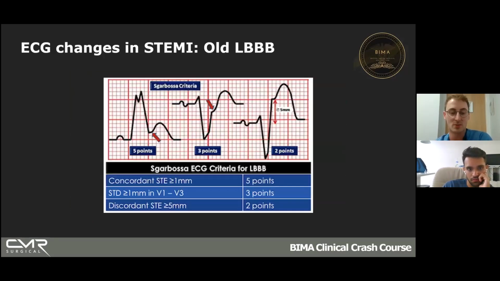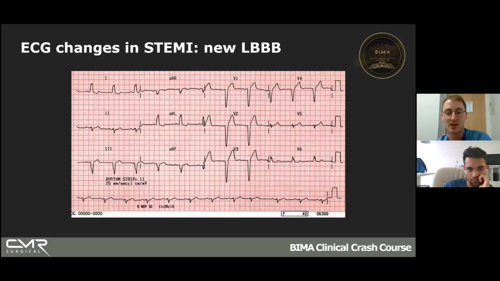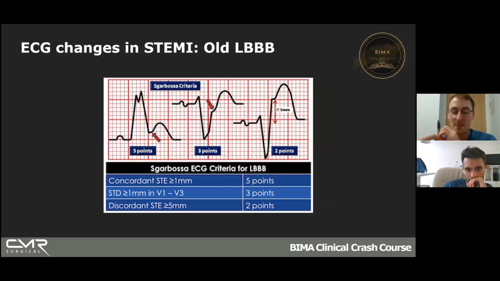And lastly is what we call discordant ST elevation, more than 5 millimeters. So let's go back to this ECG. Look at V1 to V3 again. We can see that there is ST elevation and it's discordant. That means that the QRS complexes are pointing downwards and the ST elevation is going upwards, so they're going the opposite way. But what's not worrying is that it's less than 5 millimeters, so it's less than one big square. If you had ST elevation, as we can see here, and it's more than one big square, that might mean that there's an MI going on.